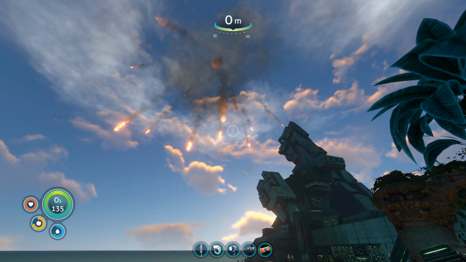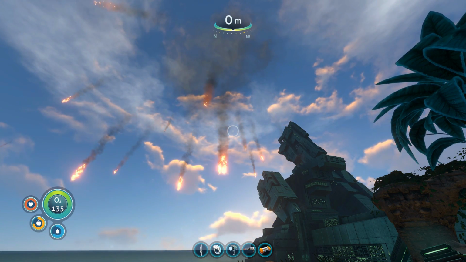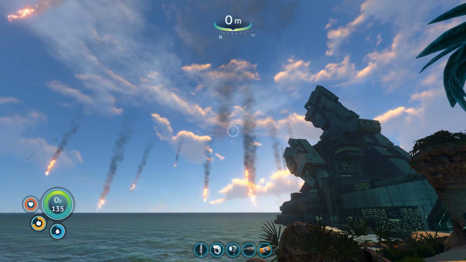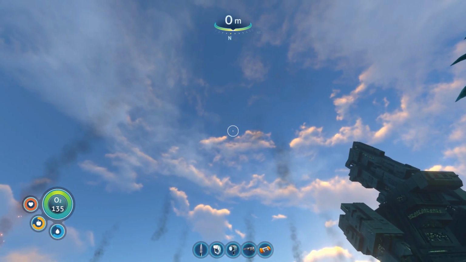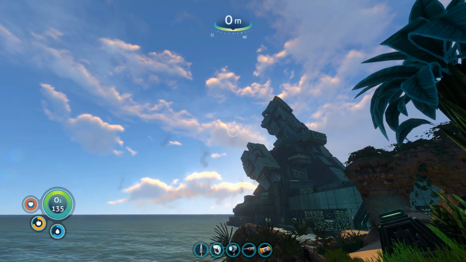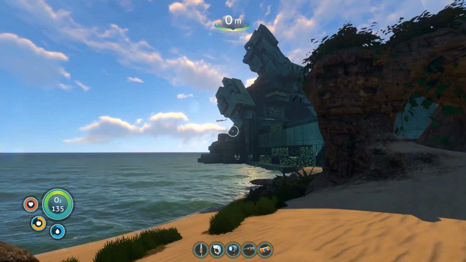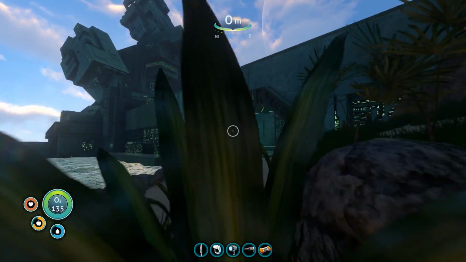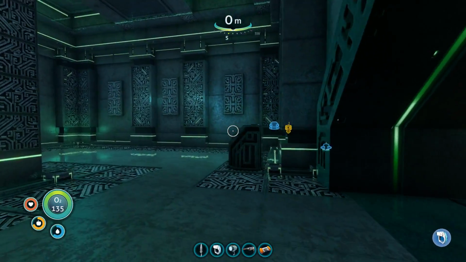The Sunbeam got blown up. Oh. Well, I guess we're staying here a bit longer, guys. That alien facility just blew up the Sunbeam. Wow. Well, that was upsetting. I think it may be worth... Oh, okay, using that other purple tablet actually...